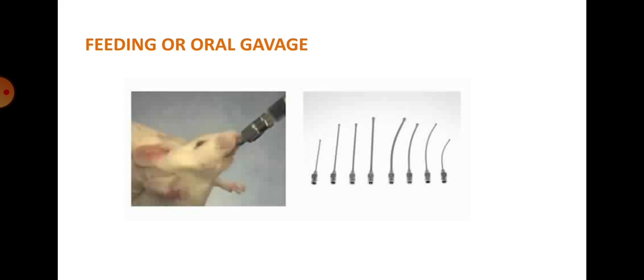Push the rodent head slightly upward and back to straighten the esophagus, and then either from the right or left side of the teeth insert the tube by gentle rotation to avoid resistance. Now slowly pass the tube, observing for the swallowing reflex, and when the desired length of the tube has been inserted, inject the solution with the help of the syringe.